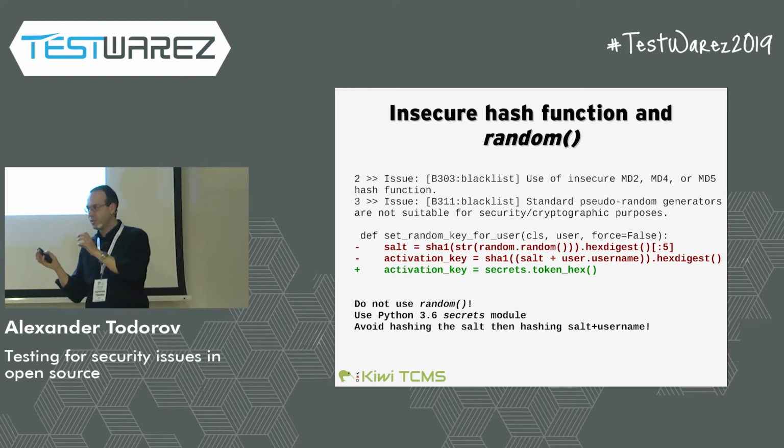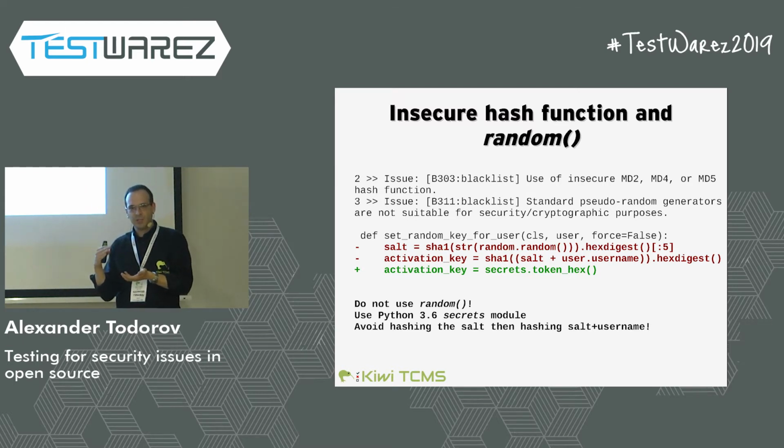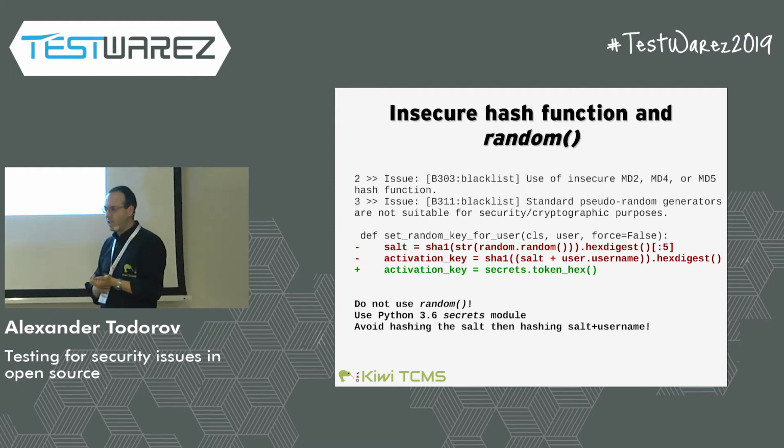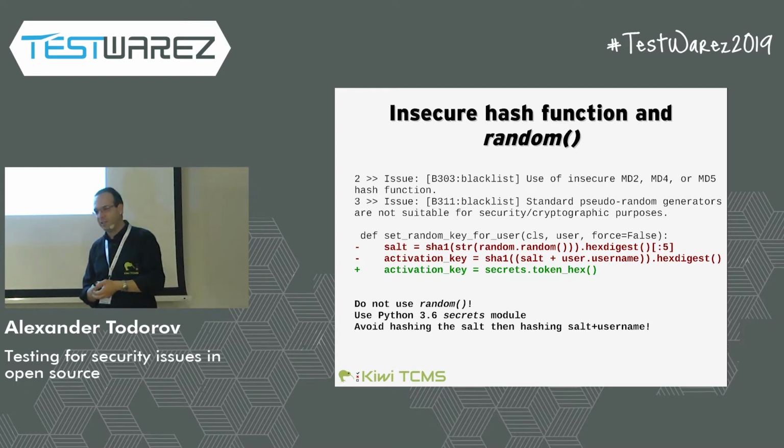So that function, called set random key for user, is called when the user registers an account on the website. We try to generate some random string and send it back via email. The user will click on the link and validate their email address. This is what this function is doing. So we change from MD5 to SHA1, then we change to SHA256, and then Bandit complains in exactly the same line. And oh my God, you are using random, and on top of that,